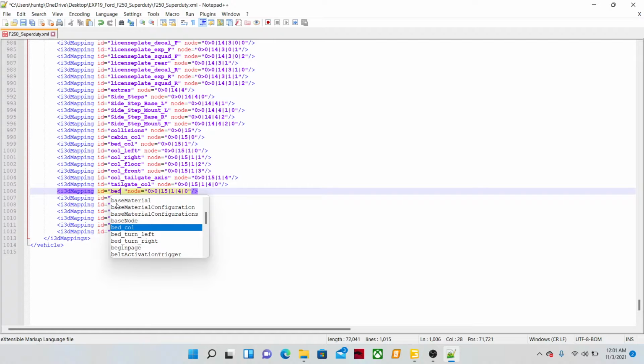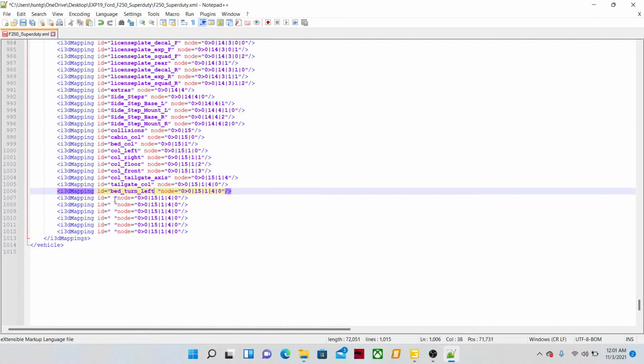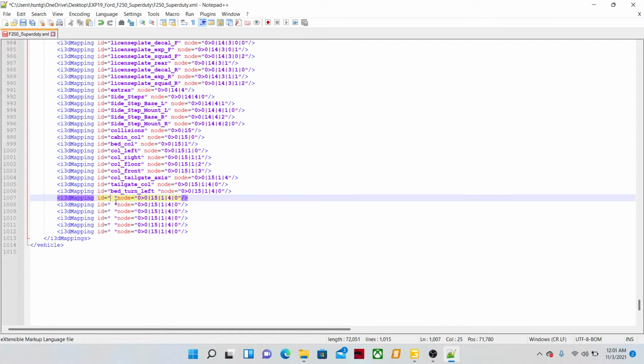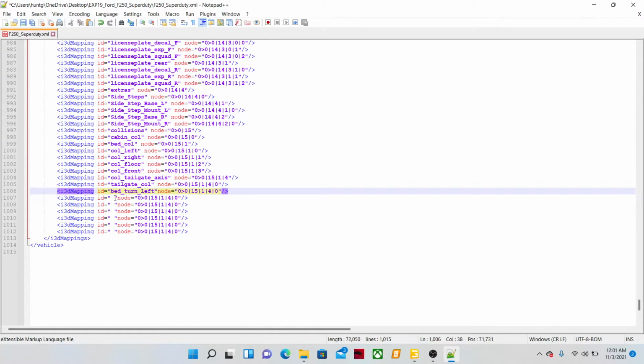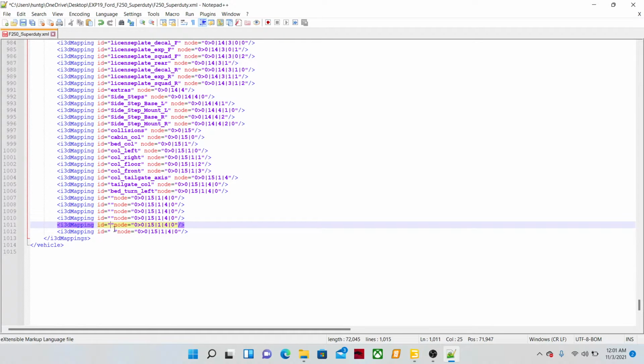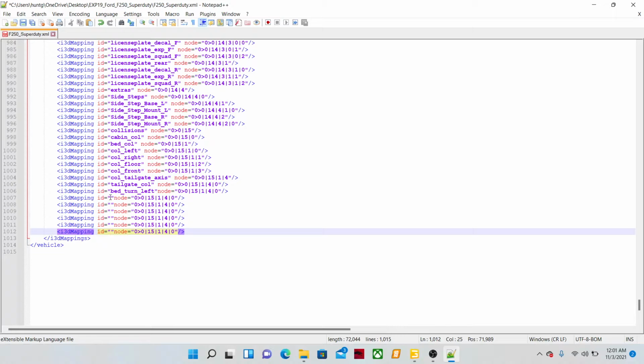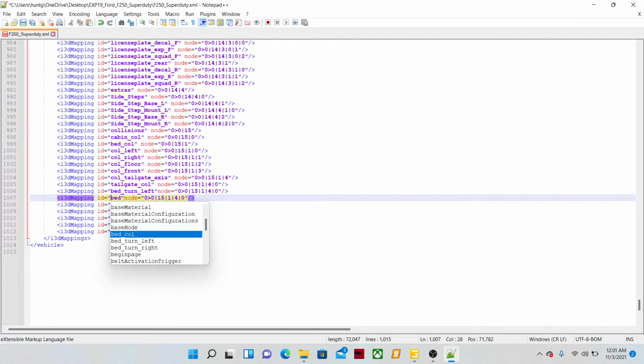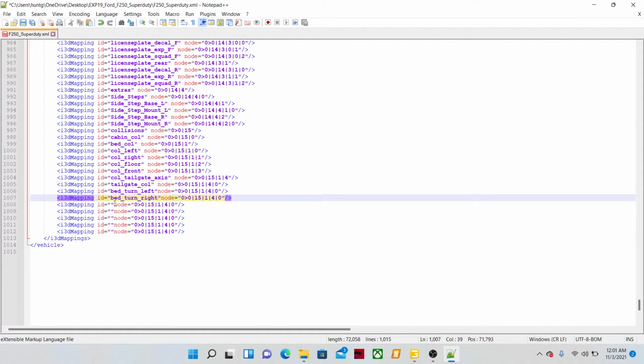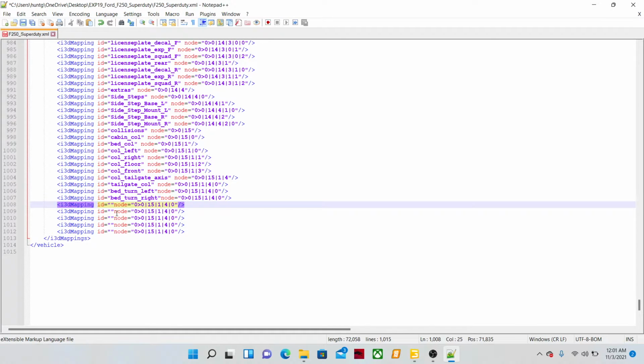So, bed, turn, let's see. Bed, turn left. Okay, now we're going to come up here, we're going to go back one. Alright, now we're going to come up here, we're going to put bed, turn right. Okay, now we're going to put